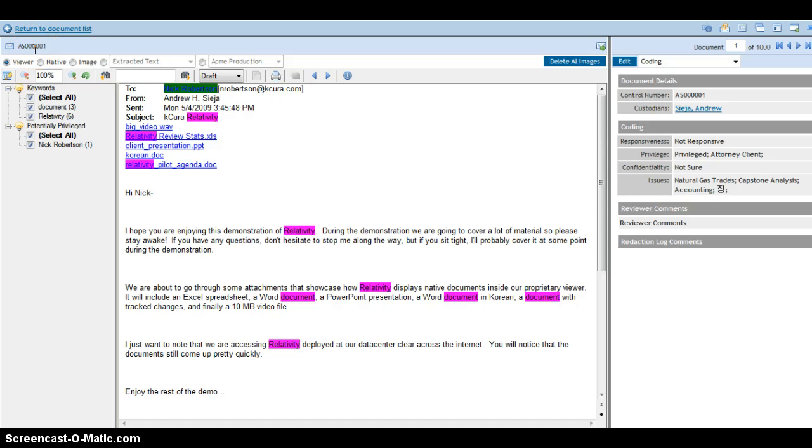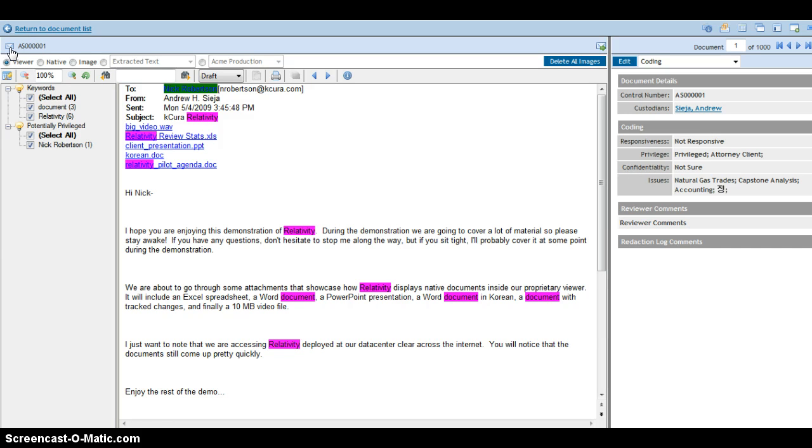You'll notice that my file icon gives a visual indication of the type of record being displayed below in my native file viewer. Here we have an envelope, so I know that it's an email. You'll notice that my cursor changes from an arrow to a hand when I hover over the icon, telling me that I have the ability to download a copy of this file locally, but only if I've been granted that